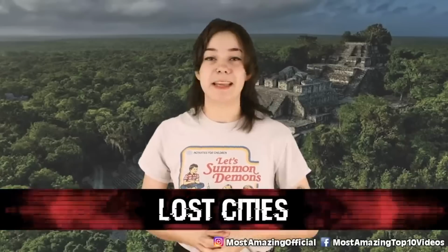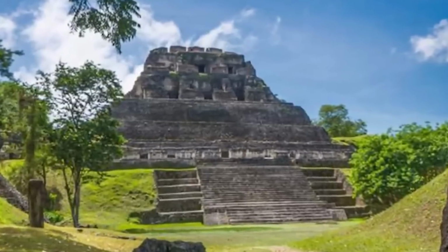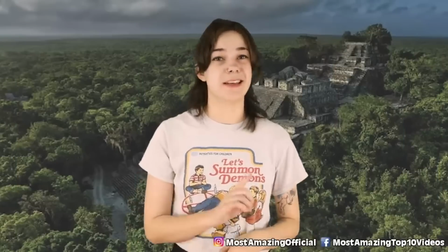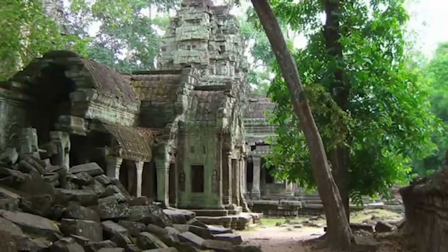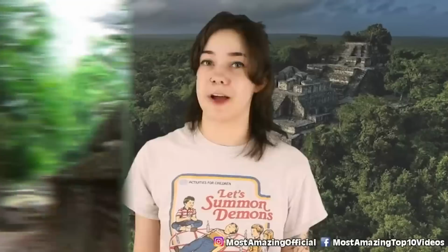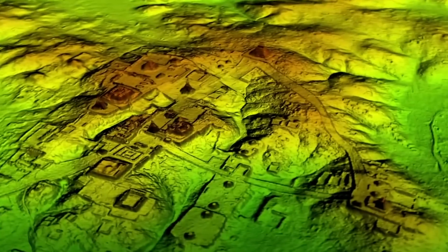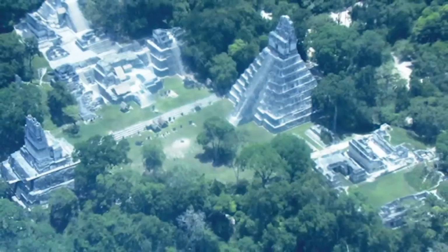Lost cities. Even as recently as the 20th century, explorers have been venturing into the rainforest for supposed lost cities that have never been found. Some of those explorers even becoming lost, never to be seen again, like the tale of British explorer Percy Fawcett. As it turns out, scientists have discovered that these lost cities that so many went in search of likely did really exist, thanks to some high-tech helicopter remote sensing technology. It seems that there were massive cities that were abandoned only some 600 years ago,